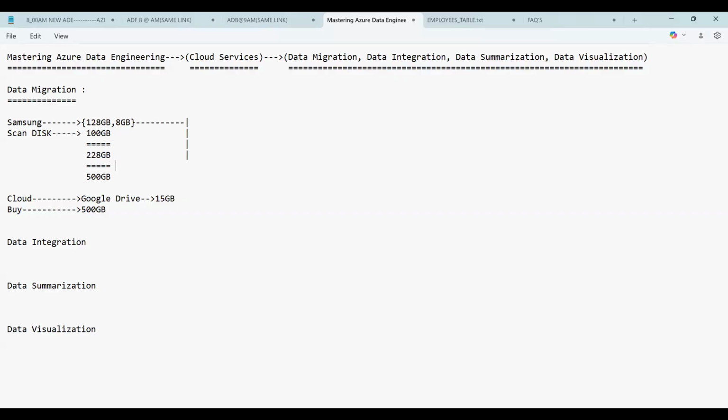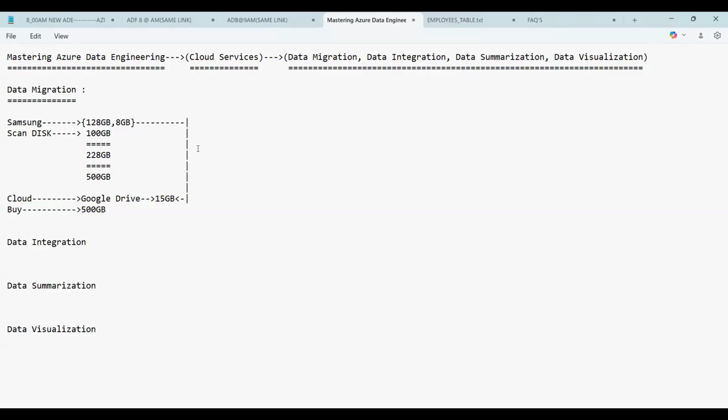If it is lost, if you store the data in the local storage within your mobile phone, then the whole data will go. Am I right? So instead of that, we store the data in the cloud. Am I right? We store the data onto the, what is it, guys? Cloud.